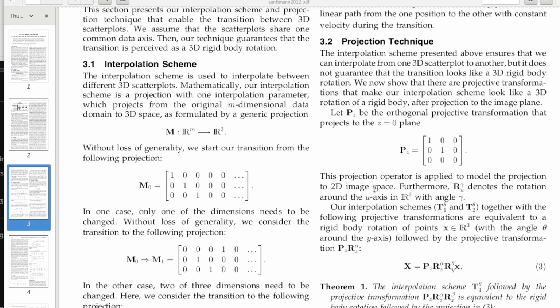In one case, only one of the dimensions needs to be changed. Without loss of generality, we consider the transition to the following projection: